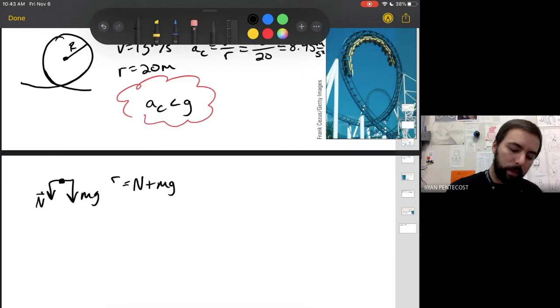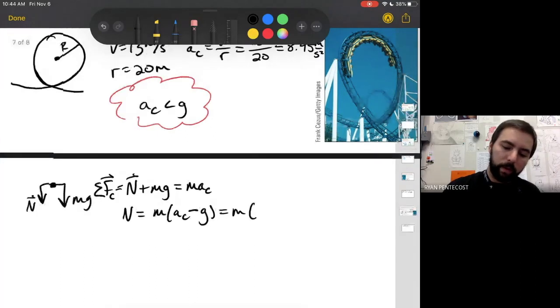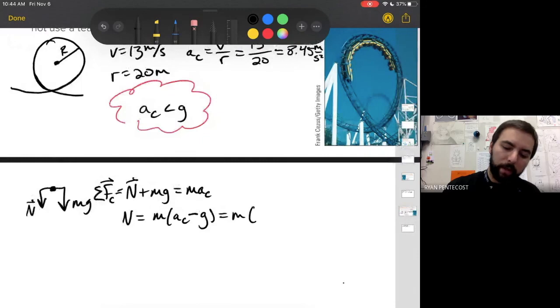That's going to be our FC, and that will equal mAC. So if we calculate our normal force, we get m times AC minus g, which regardless of your m, is going to cause an issue, because if we have 8.45 minus 9.81, we're going to have negative 1.36